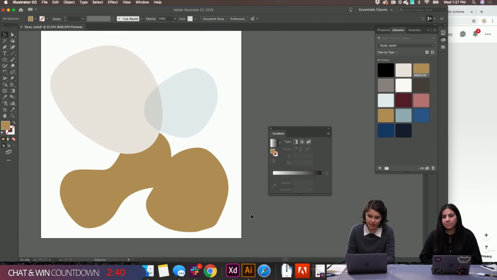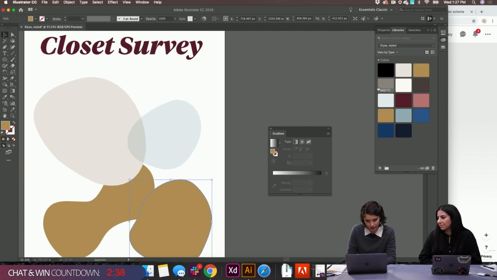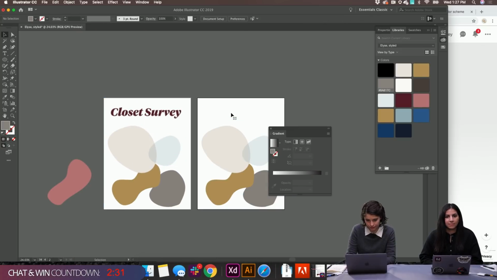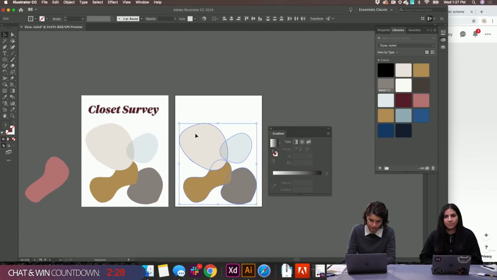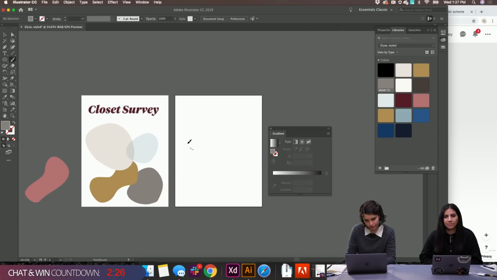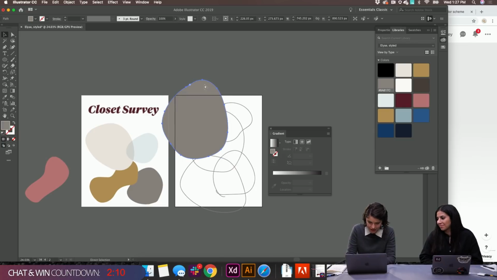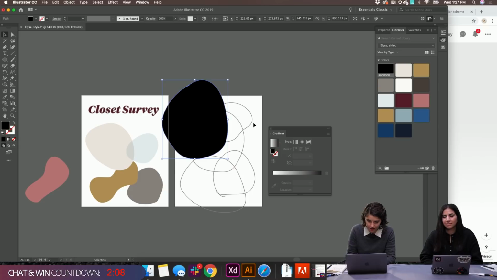Oh, that's kind of fun. I kind of like how that's coming out. What are you making on this page? Just letting myself get even bigger, I think, and using broader strokes.